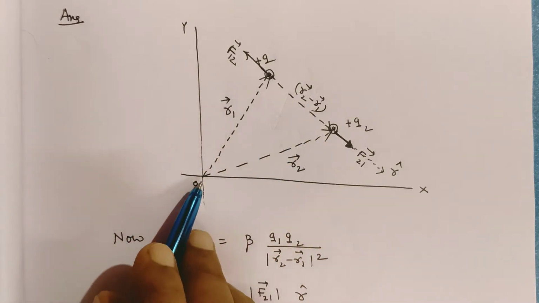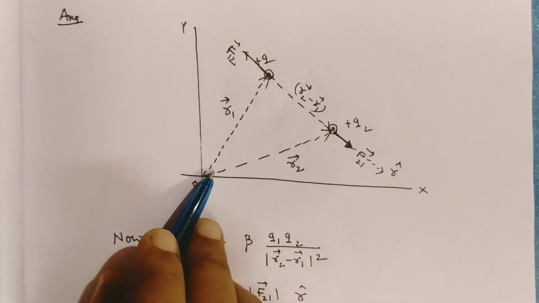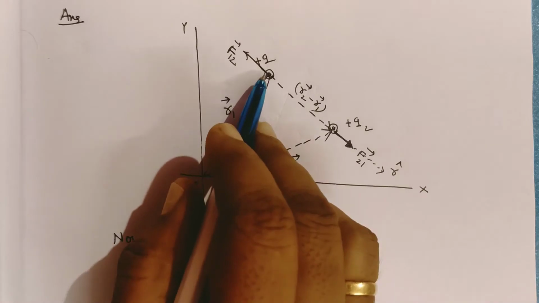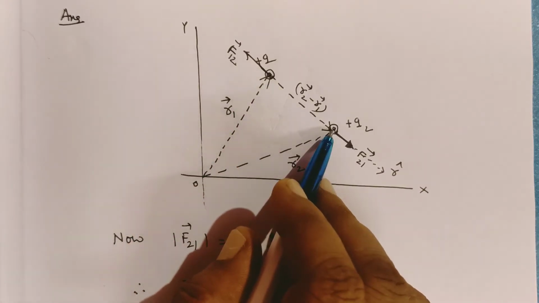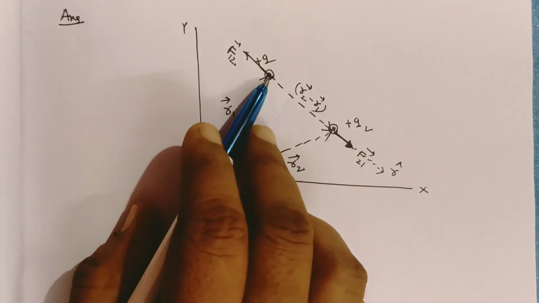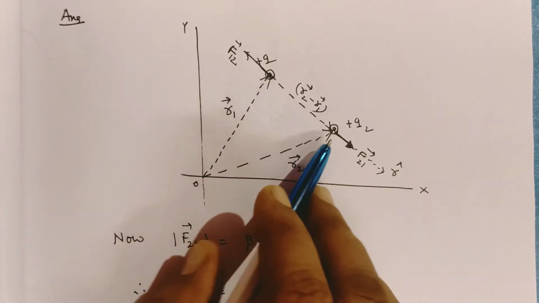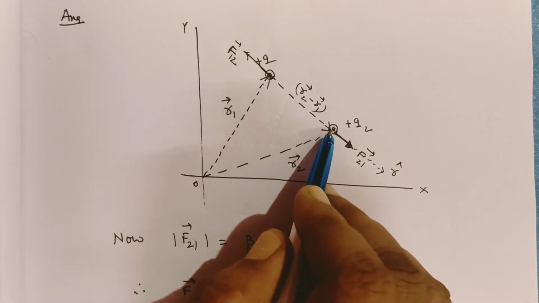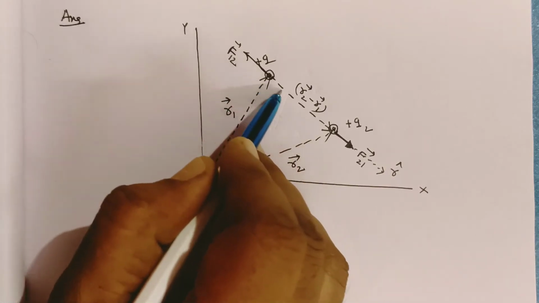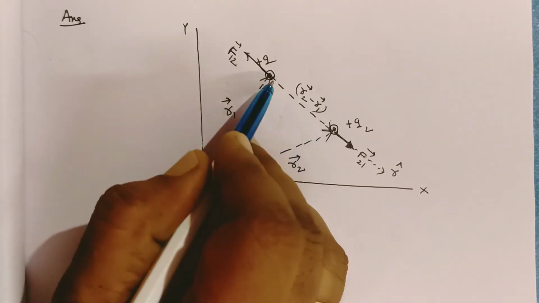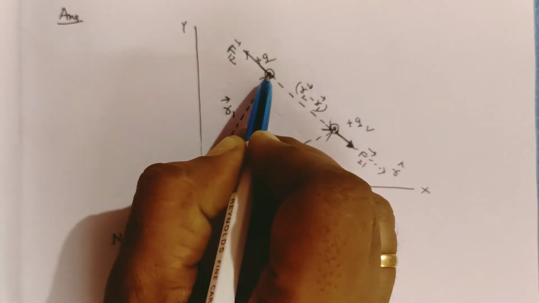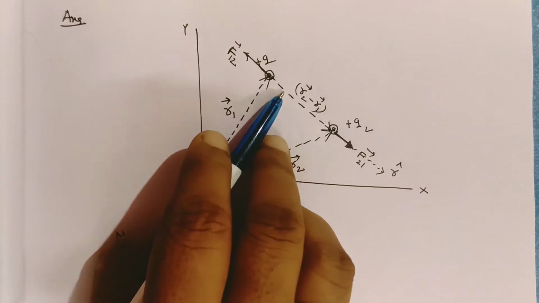then you see this is the triangle. In a triangle, as you know from class 11, here this one is R1 vector, this one is R2 vector, and this is R2 vector minus R1 vector. That means this vector is the difference of the position vector of the final point and the position vector of the initial point. That's why this vector is represented as R2 vector minus R1 vector. If I represent the opposite vector, then it is R1 vector minus R2 vector.